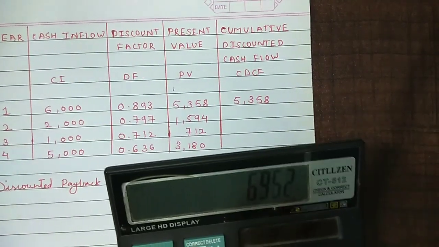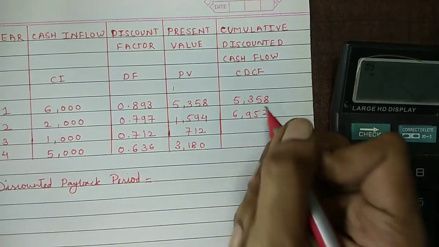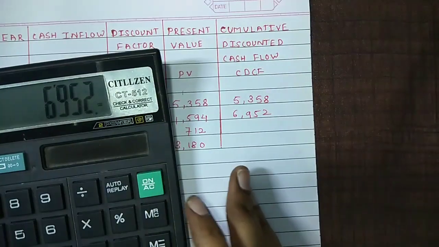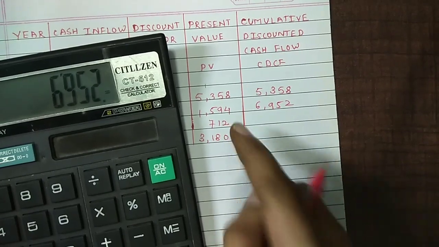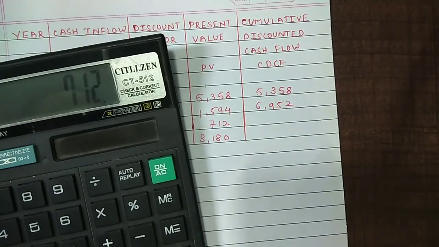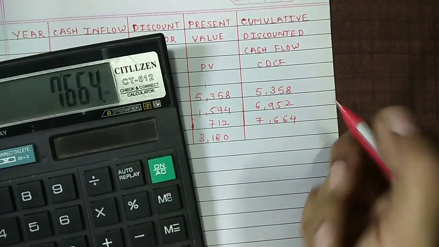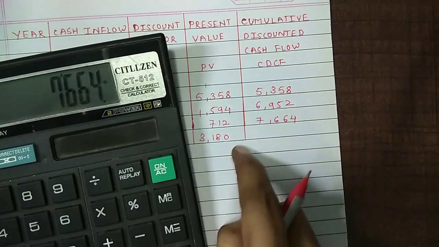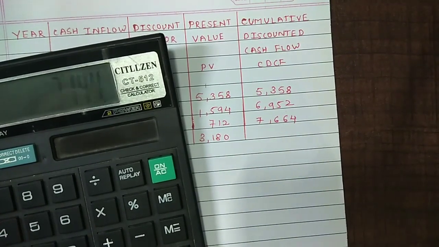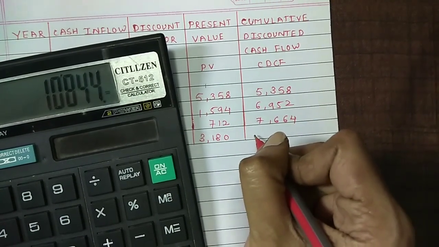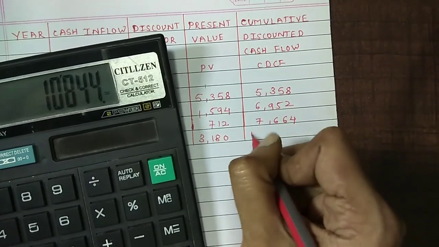It will be 6,952. Now for the next year, again I am going to add this 712 of the third year. So plus 712, it will be 7,664. For the next year, again I have to add the cash inflow of the next year, that is 3,180. So the total at the end of the fourth year of your cumulative discounted cash flow is rupees